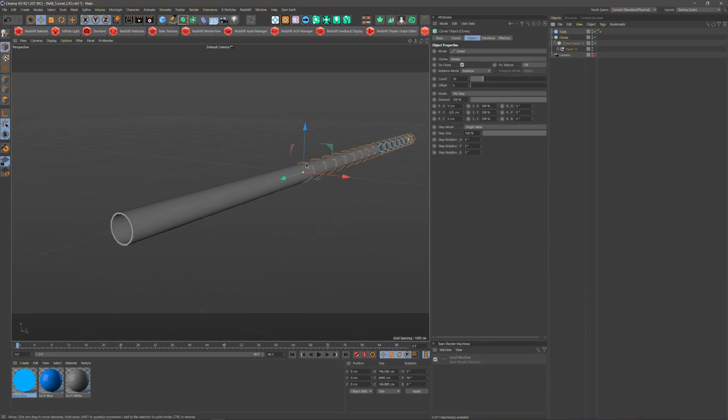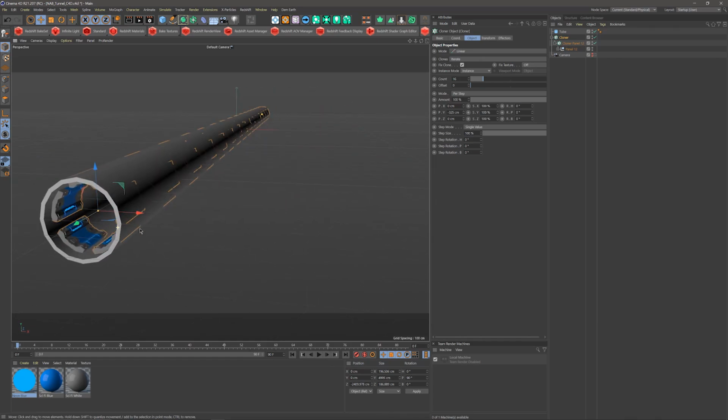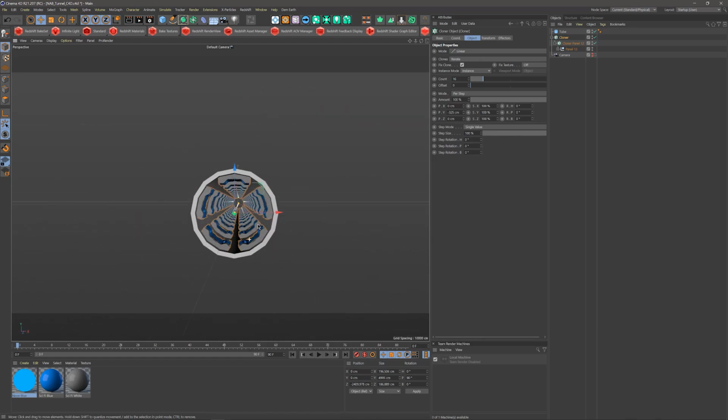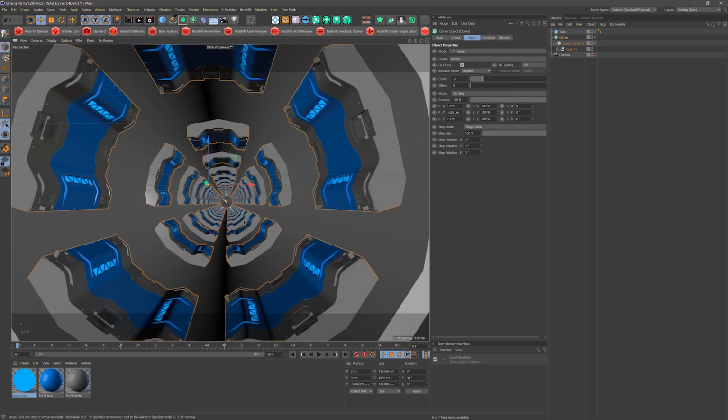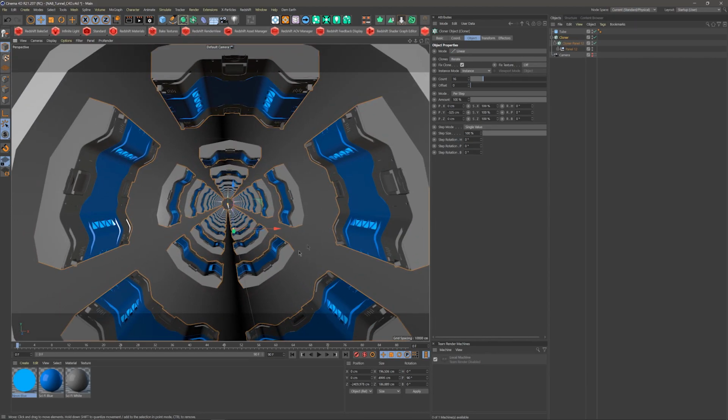Then I'm going to click on my cloner. And I'm just going to drag this to the beginning of my tube here, like so. Here we go. Somewhere around there is looking pretty good. So if I look down my tunnel, you can see now we have our sci-fi panels inside of our tunnel here. And if we want to offset this a little bit so it doesn't look just linear going all the way down,